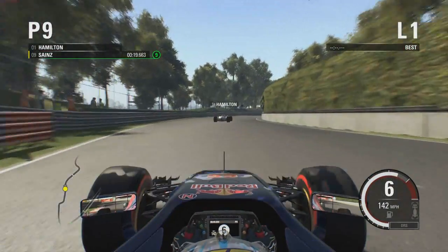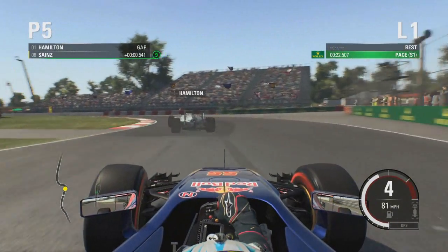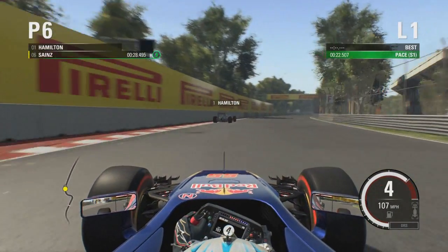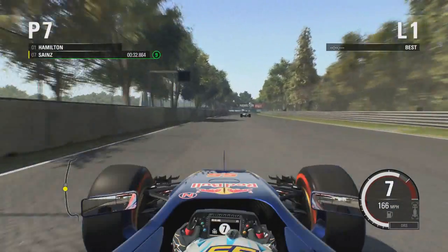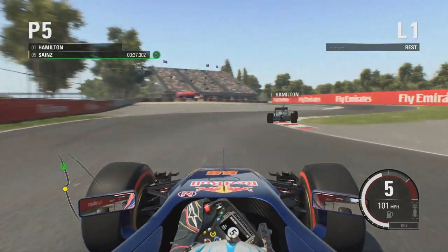A little bit sideways, slightly touching the wall there, but looks like through the first sector we're not going to be too far behind Hamilton, but half a second through that first sector behind Lewis Hamilton. That's what the sector split says. We're actually predicted to be at least 9th place in this qualifying session, so hopefully we can beat that. But then again, we do have quite a few straights in this track, and obviously we have that Renault engine